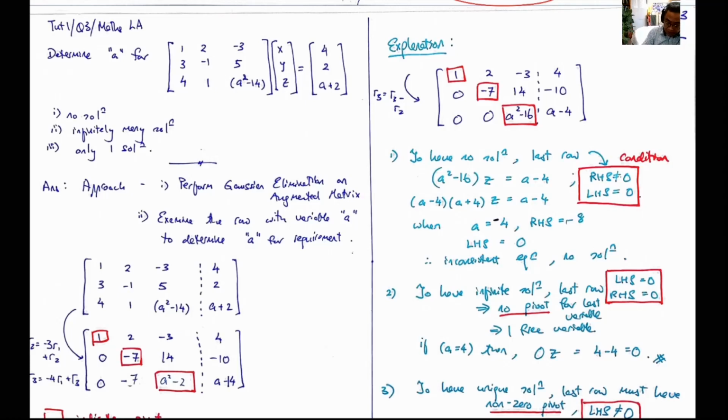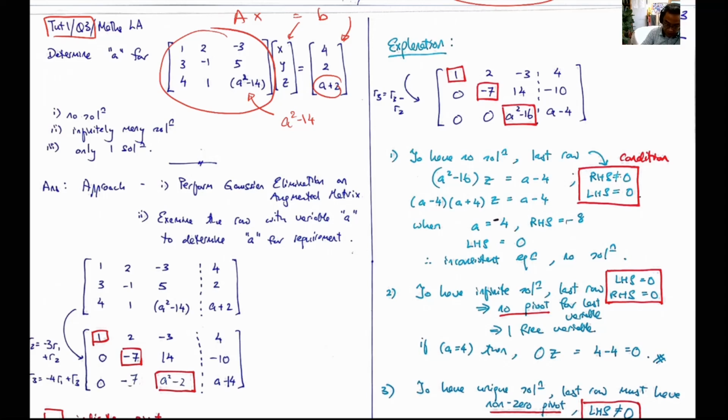This is Maths Linear Algebra Tutorial 1, Question 3. In this question, we are given a matrix A, and at the bottom right hand corner, this element is a squared minus 14, and a is an unknown. This is x, y, z, the x vector of Ax equals B, and we are given the B vector, and the last element is also with the unknown a, which is a